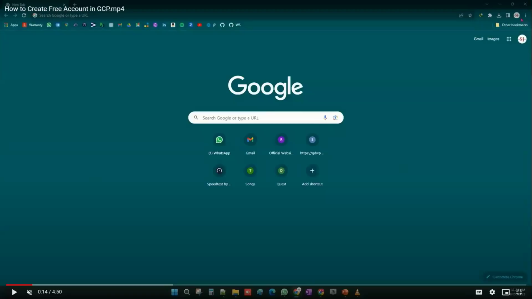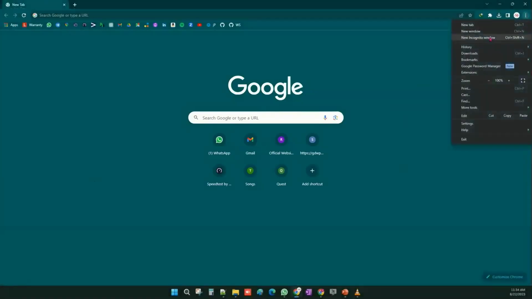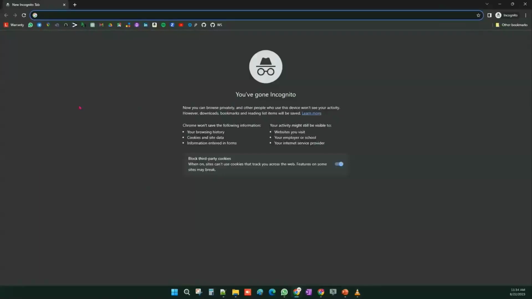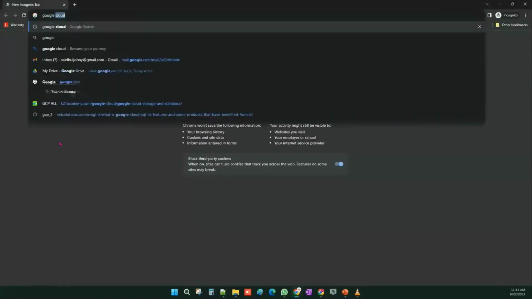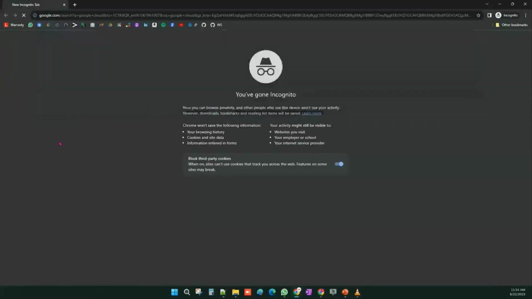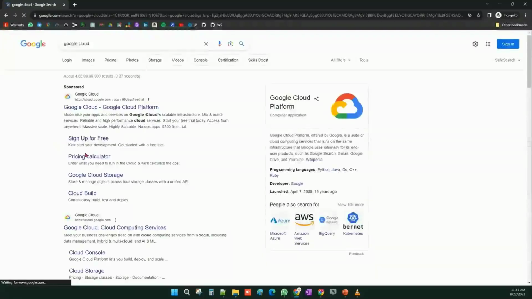Okay, so if I wanted to create a free tier account in the GCP, the first thing is to go to any browser, guys. I suggest you go to Google Chrome. Once you are in Google Chrome, open the incognito mode, go to the incognito mode and search for Google Cloud. You will be able to open this first page. Click on the first link